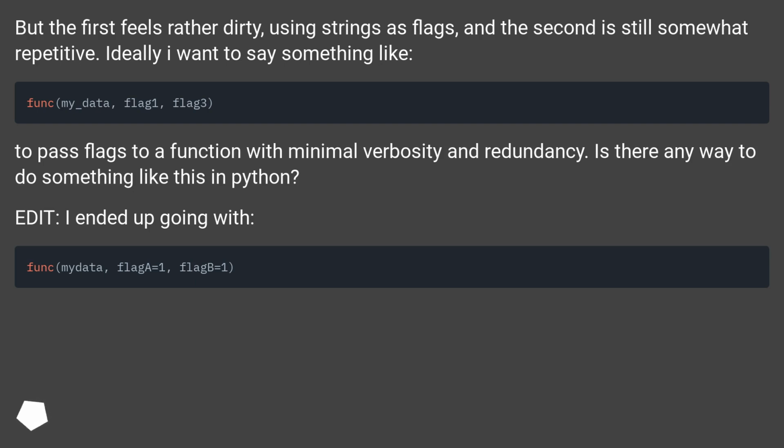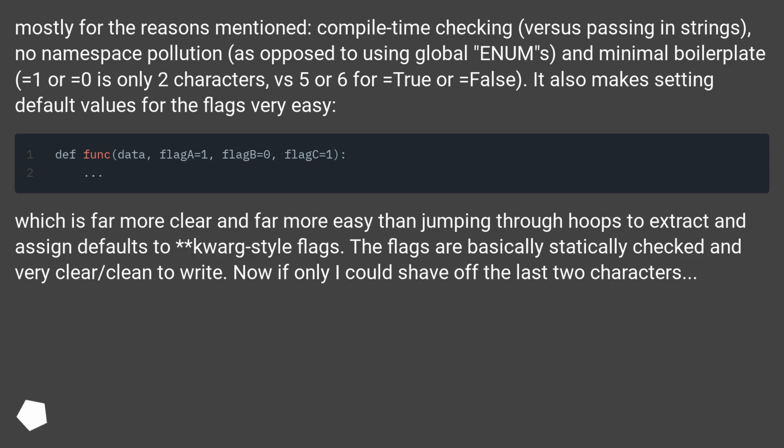Edit. I ended up going with this, mostly for the reasons mentioned: compile time checking, versus passing in strings, no namespace pollution, as opposed to using global enums, and minimal boilerplate. Equals 1 or equals 0 is only 2 characters, versus 5 or 6 for equals true or equals false. It also makes setting default values for the flags very easy,